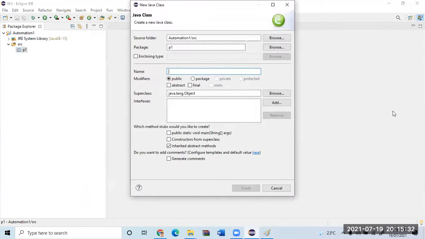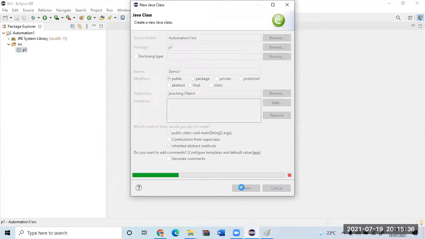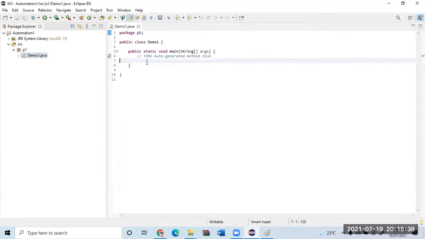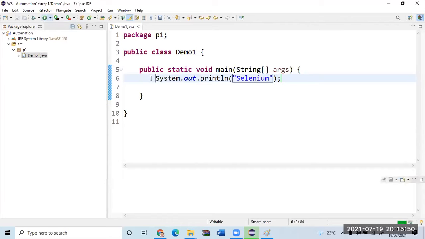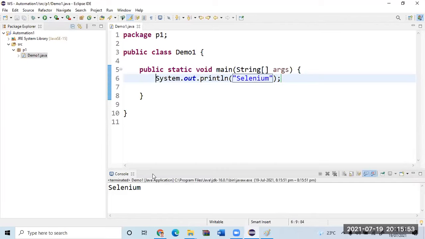Let me create a class Demo1 with a main method, increase the font size, and write the code SOP Selenium. Let me run it. I'll get an output as Selenium.